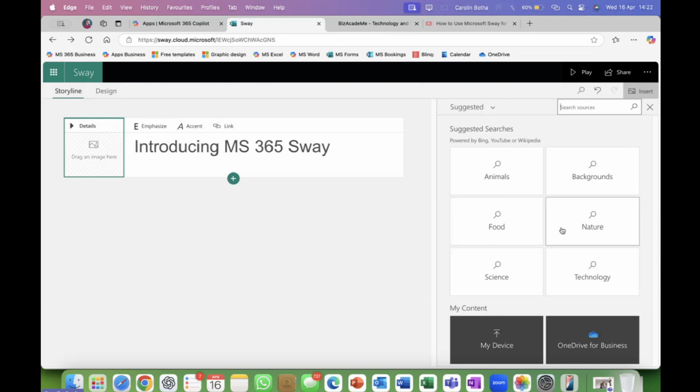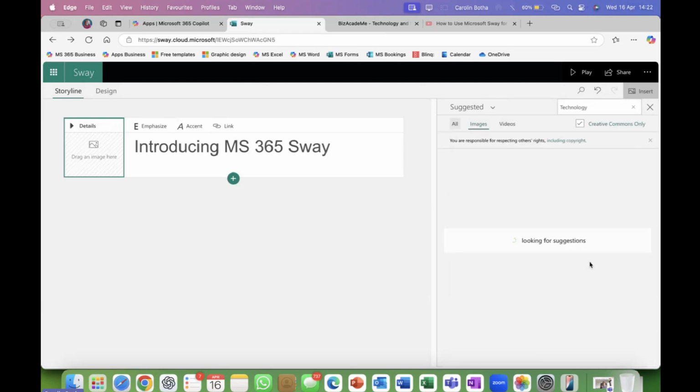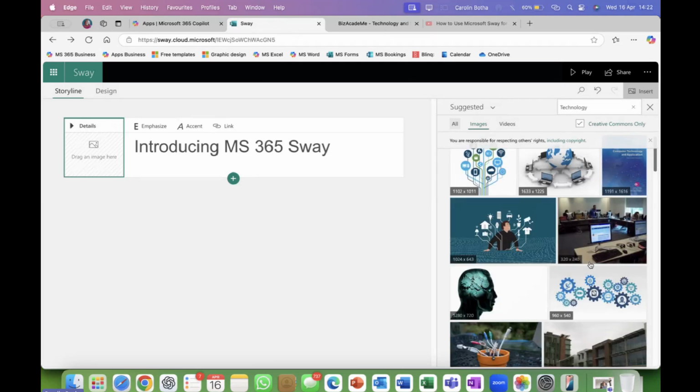So let's go for something like technology, seeing that this is a technology app. It's looking for some suggestions. There you go. You don't even have to go look for it. It even gives you the measurements and the pixels and the sizes, whatever you want to call it.